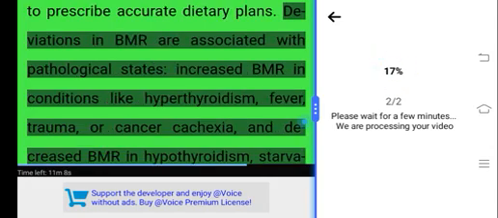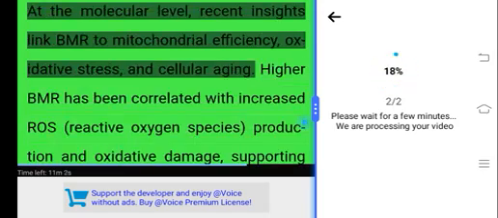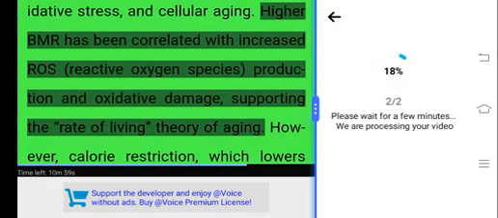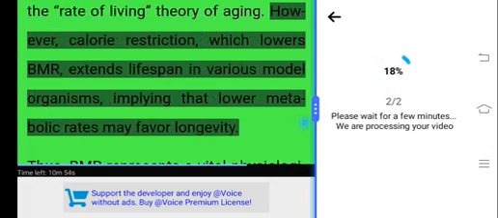Deviations in BMR are associated with pathological states: increased BMR in conditions like hyperthyroidism, fever, trauma, or cancer cachexia, and decreased BMR in hypothyroidism, starvation, or aging. At the molecular level, recent insights link BMR to mitochondrial efficiency, oxidative stress, and cellular aging. Higher BMR has been correlated with increased ROS (reactive oxygen species) production and oxidative damage, supporting the rate of living theory of aging. However, calorie restriction, which lowers BMR, extends lifespan in various model organisms, implying that lower metabolic rates